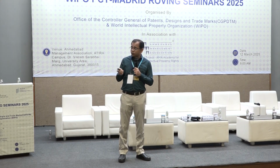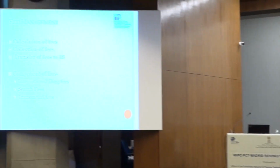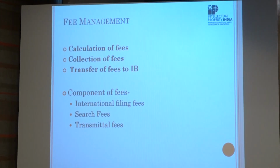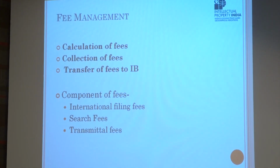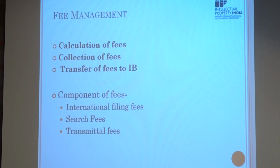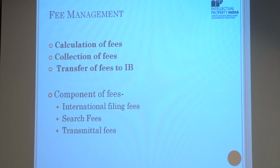There's a question: why should I choose ROIN, not ROIB or some other RO? This is one of the reasons you should choose ROIN, because we are not reducing the fees, of course. The fees will remain the same as other ROs. But what we will do is calculate your fees, and you need to pay fees in rupees only. If you see the international filing fees,